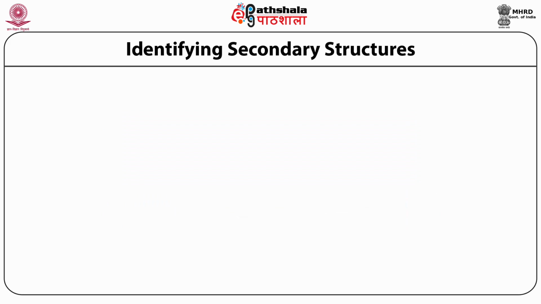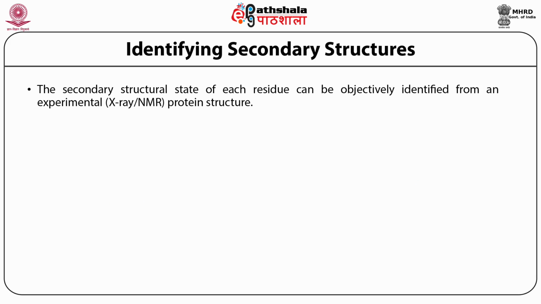So now obviously if one has to predict something, there has to be some place where we have to match our results. So of course this comes from the experimental structures. So there must be some objective way by which, given an experimental structure from X-ray or NMR or even EM, we can assign individual residues in the structure to a particular secondary structure. Now this is by no means a very trivial problem. In fact, the definition of helices or strands has to be very precisely defined for a particular amino acid to be assigned to one or the other class.